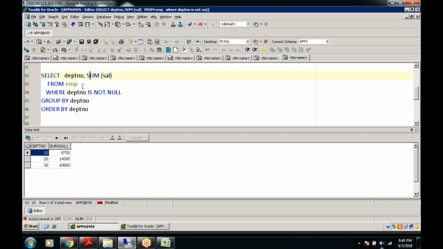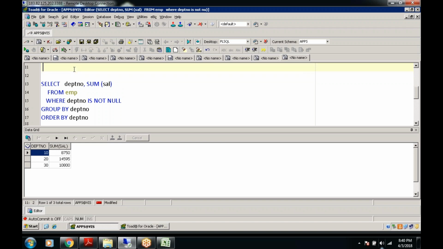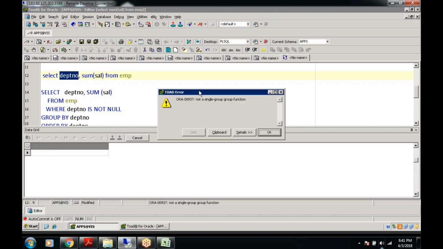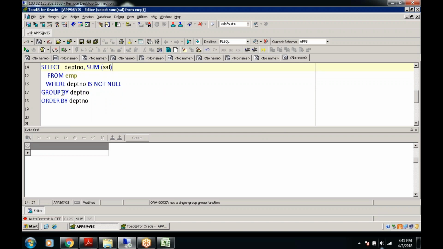When I'm writing a simple query like this, I say sum of salary from employee table, I can see it, but I want it department number wise. So when I'm putting this column here, it is giving a single group function error. So I need to use the next clause, group by department number.